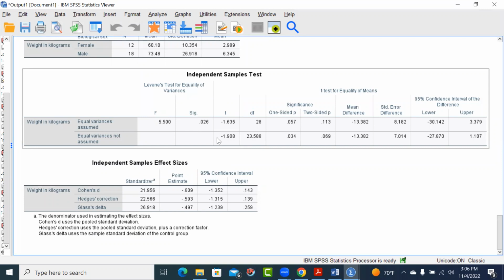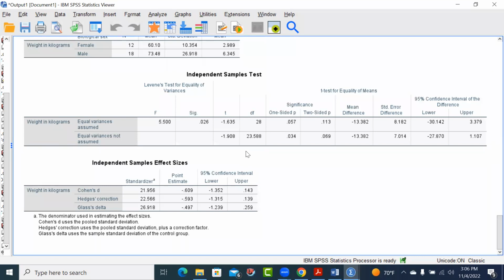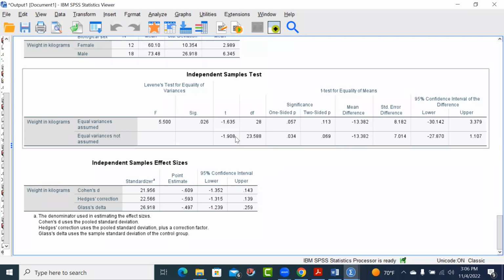So we look at our t-test result. Our t-test result is minus 1.908. So it's clearly females minus males, because you got a negative value. Again, for us, it doesn't really matter. We look at essentially the absolute value of that when we compare it to our critical value. But for your case, when you're writing it down, just write it as negative in this case. It doesn't really matter, because if you think about the equation, it's whatever you decide to put first. So I'm okay if you write negative or positive, as long as we know that that's what the